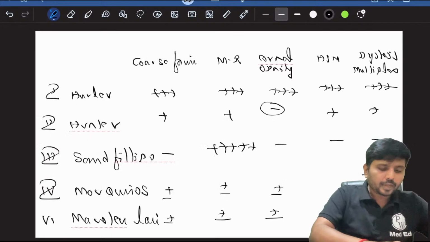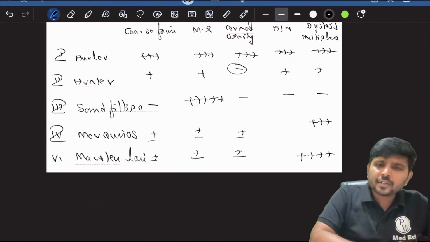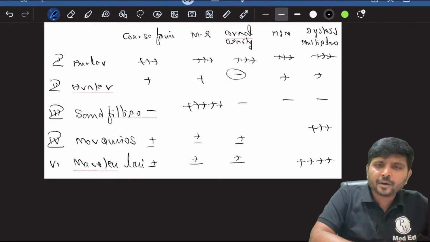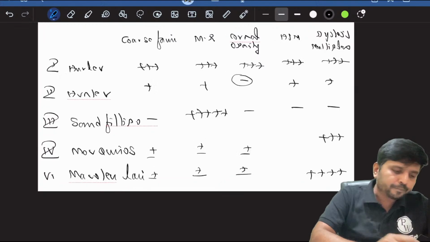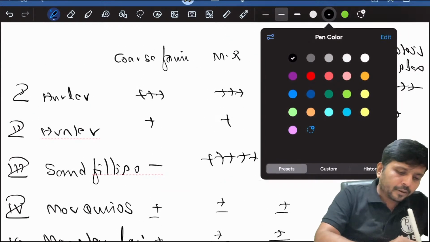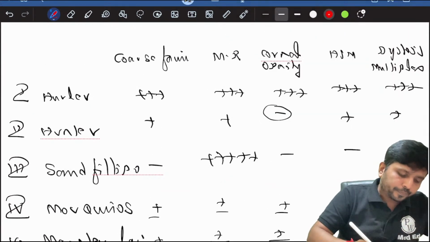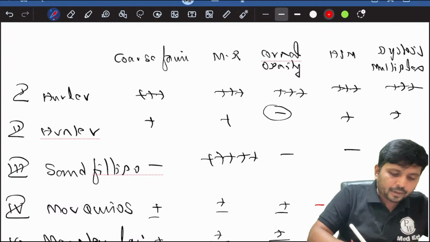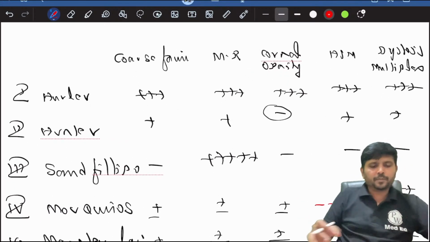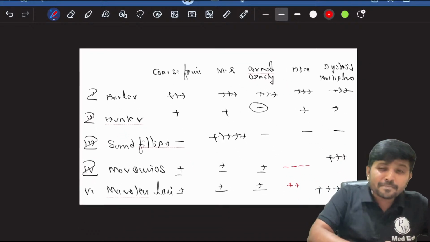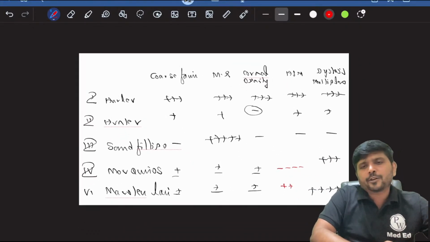So all are same. But how to differentiate between Morquio and Maroteaux-Lamy? Simple. In Morquio, there is no hepatosplenomegaly, but Maroteaux-Lamy is characterized by hepatosplenomegaly. This is the simplest way to remember